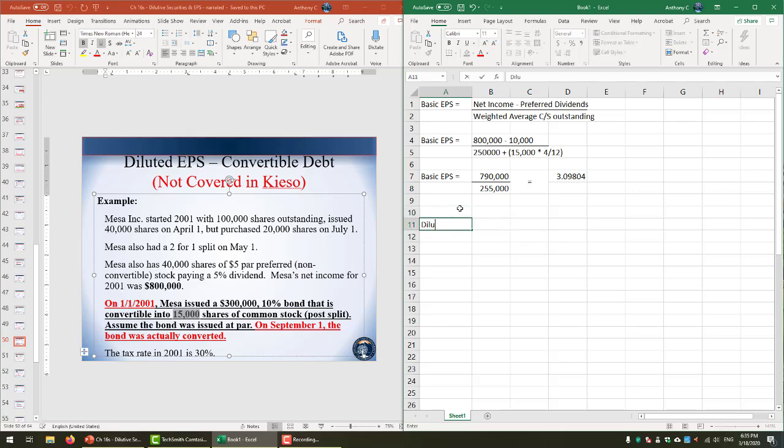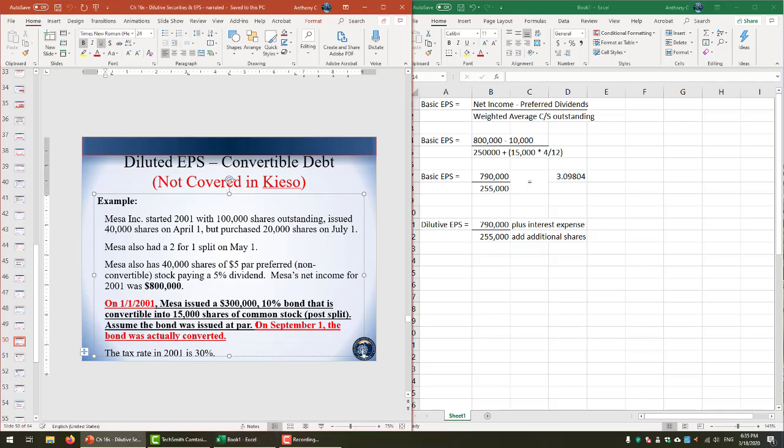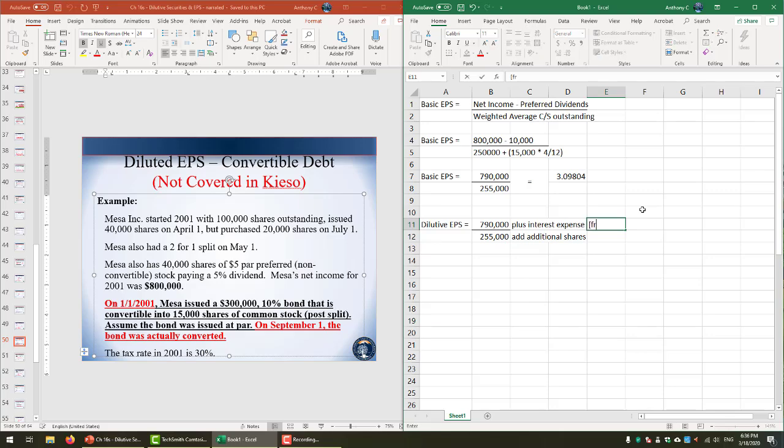Now to calculate dilutive EPS, we're going to adjust our basic EPS number. We're going to include interest expense in the numerator, and we'll add the weighted average common shares outstanding from the additional shares in the denominator. However, in this case, since the bonds were actually converted on September 1st, and we're going to assume that these bonds were converted as of January 1st, we only need to add in the interest expense from January 1st out to September 1st. So off to the side here, I'm just going to put from January 1st to September 1st